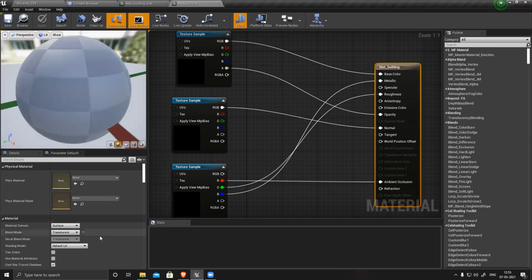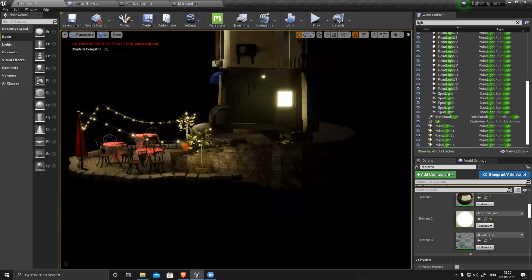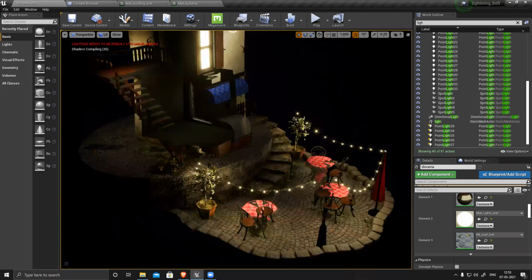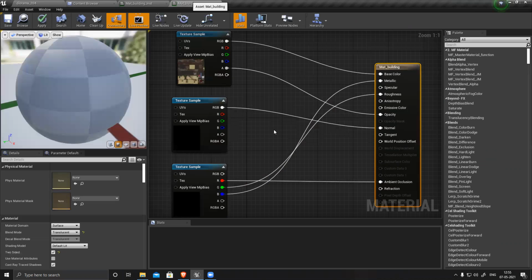Why is it not visible? Why is everything becoming translucent? Let's check this.